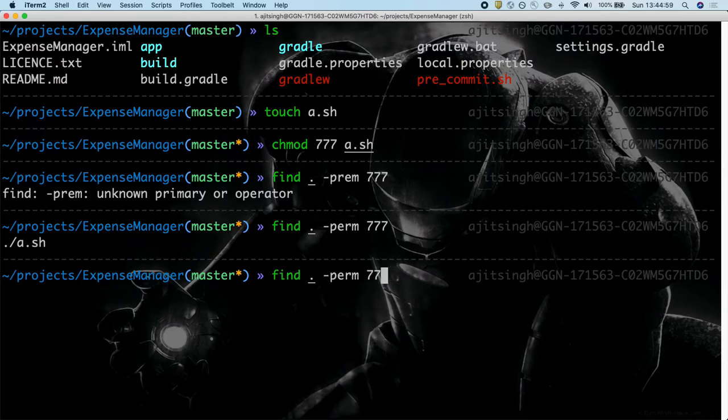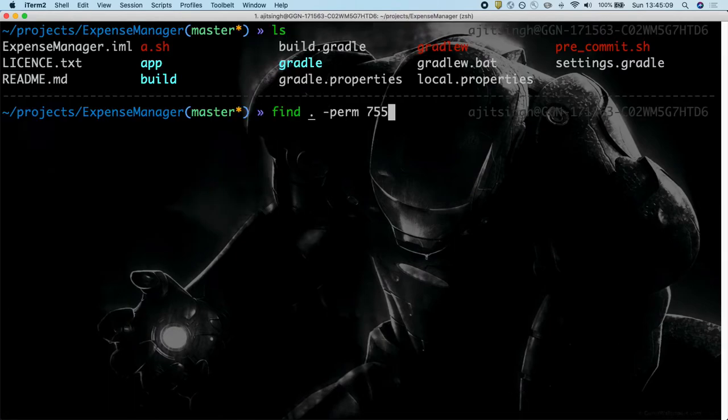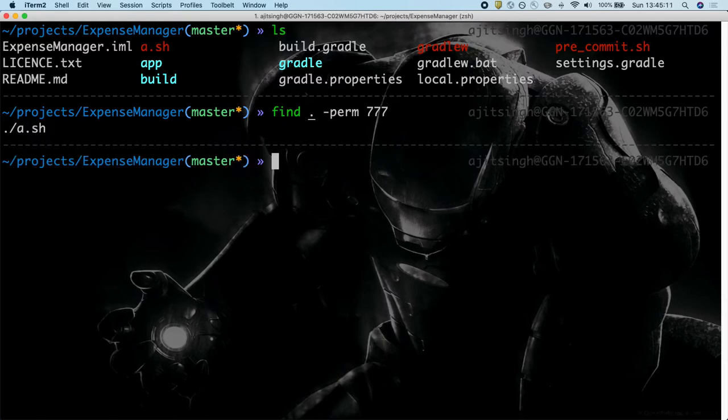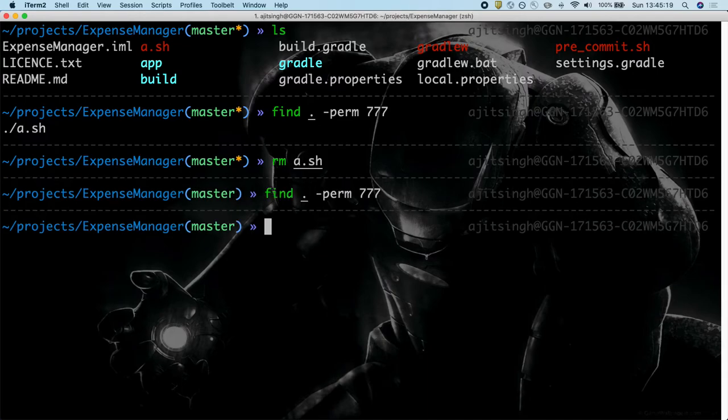Similarly, if I want to find files which have 755 permission, it can give me a lot of files. And if I remove a.sh, then it won't give me anything. If I find again, there is nothing to find.